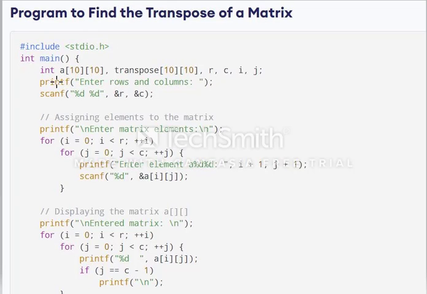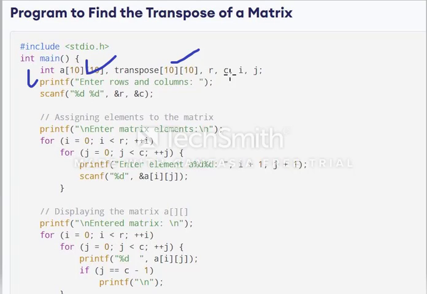I am taking an integer array, int a of 10 10, meaning the size of the matrix is 10 and 10. The transpose of the matrix is also 10 and 10, another matrix. Here this is the actual matrix. After transposing the matrix, I can store the transpose in transpose of a of 10 10. You can choose any other name, t of 10 10.